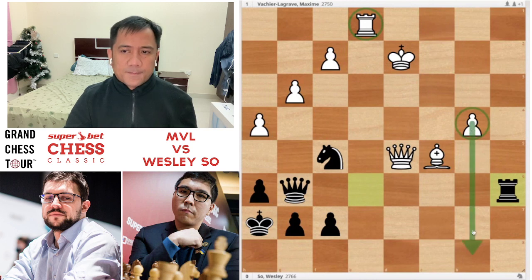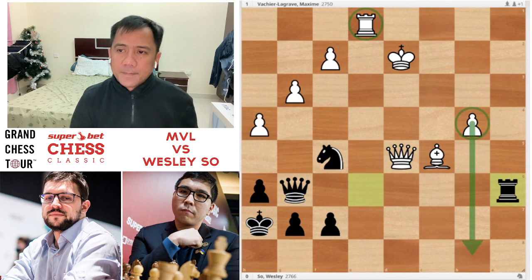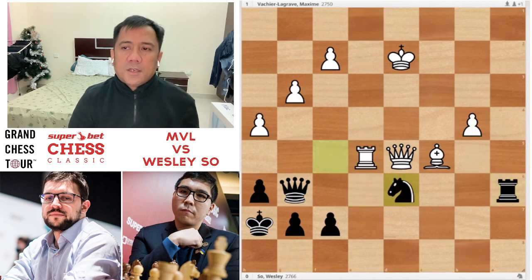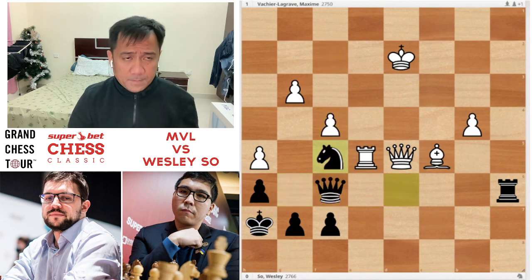White has a passed pawn. The more you exchange, the higher the chances of white to win. Rook into e5, knight e6, h5, queen f6, f4, knight f5. Okay,